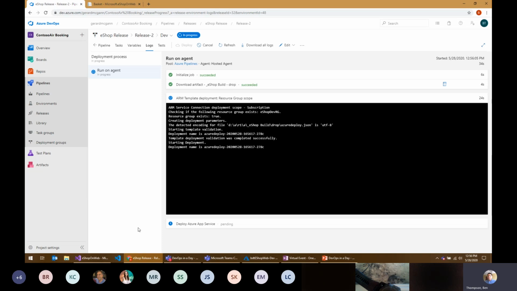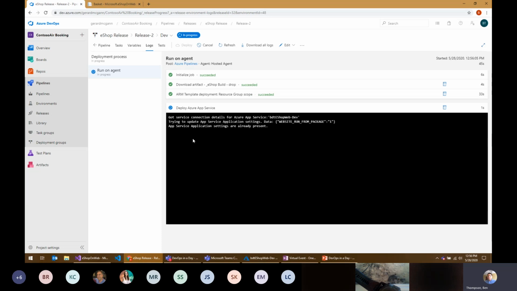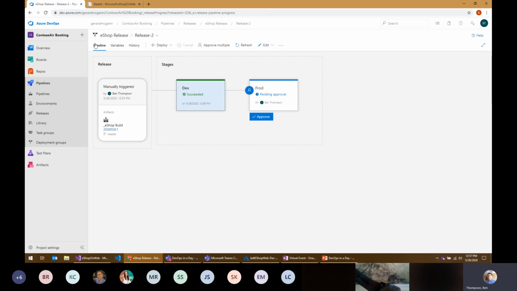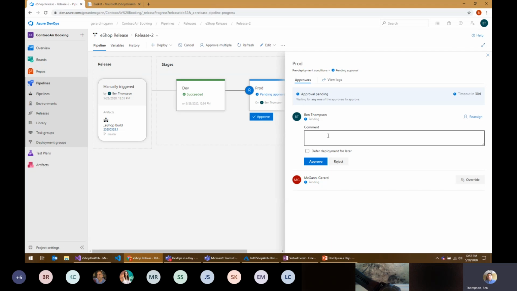So it's not going to delete resources and recreate them. It's not going to do any of that. It's just going to make any additional changes as we define them in the template. And something important to note there, and that's why it only took 33 seconds: if you delete a resource from an ARM template, that doesn't delete it from Azure. So that's something to keep in mind. All right, so now let me